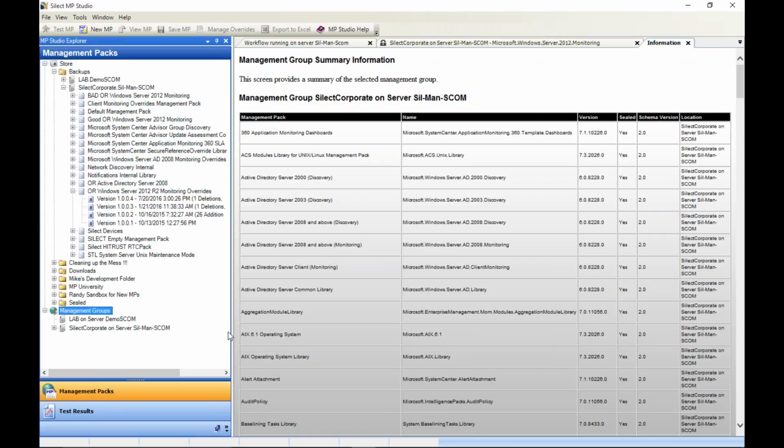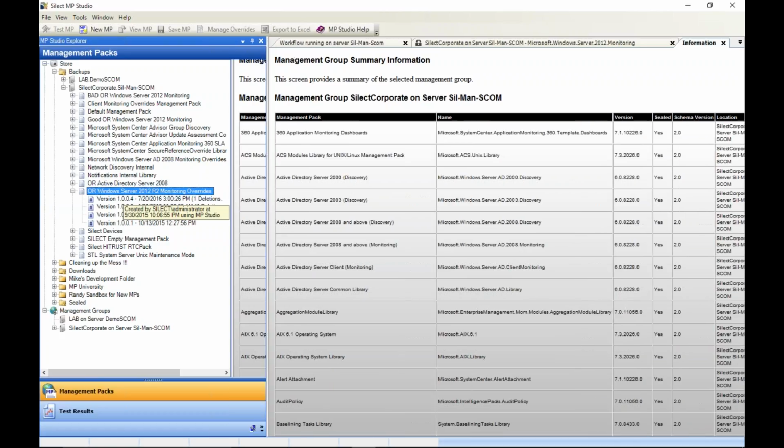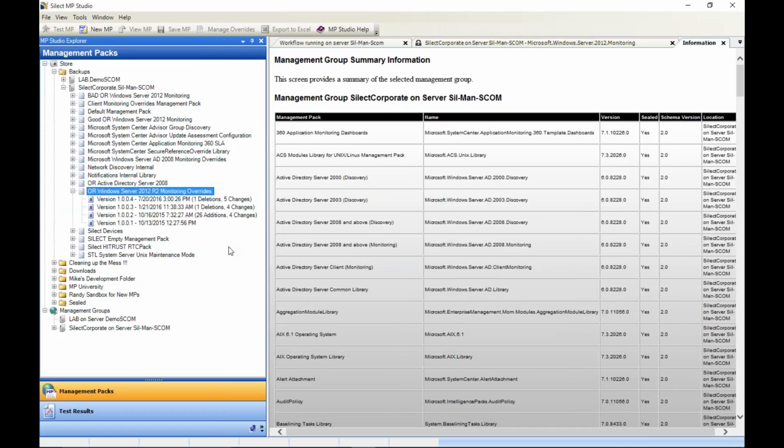One would be, hey, what if you ever need to go back to an older version? So here, for example, I have my Windows Server 2012 R2 monitoring overrides, and I've got multiple versions in there. You can see the timestamp that these were added. You can see a brief summary indicating the rough changes at high level. There was 1 deletion and 5 changes between my version .4 and my version .3. Okay, so